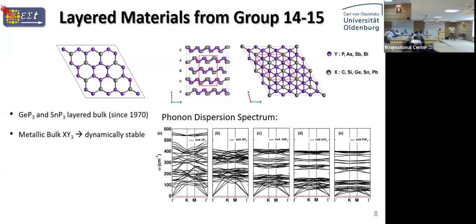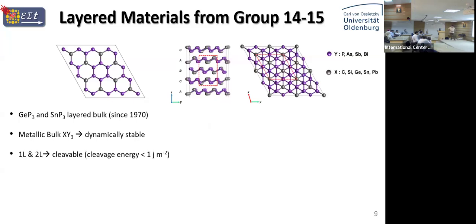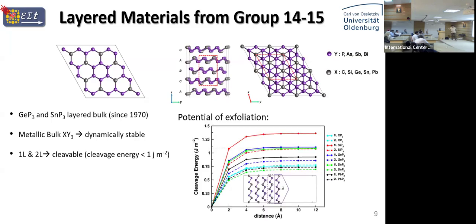the dynamic, the mechanical stability of our system. Next, we see if we could cleave one or two layers from that. For that, we calculate the cleavage energy. What is cleavage energy? It's essentially a penalty, because the layers are in their equilibrium form in this combination. The cleavage energy is the penalty one has to pay to remove one layer or two layers from the bulk. Theoretically, we take a bulk-like material, several layers, move one away from the rest of the material, and calculate just the absolute energies.